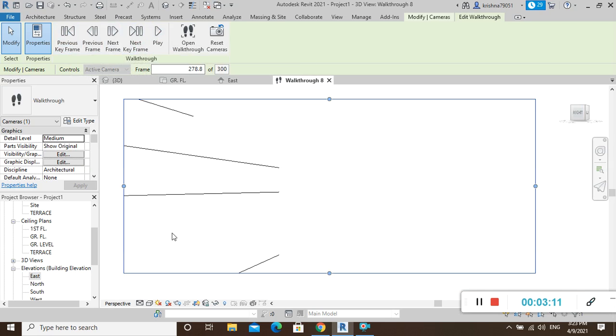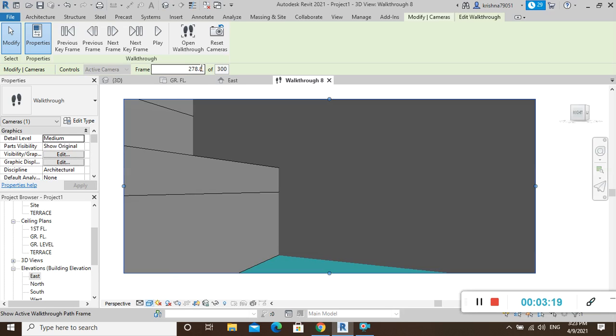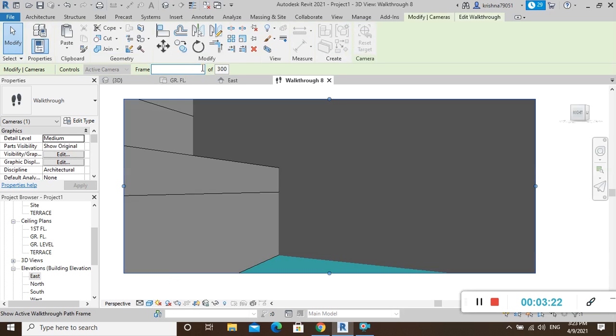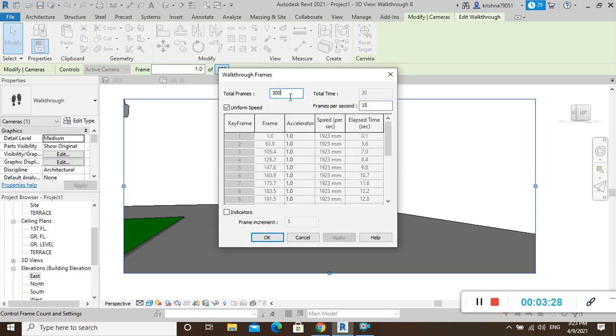And after that, if you want to see it in the shaded form, just go here and click here, so you can do it in the shaded form, and here you can just click 1. And if you want to see it in a faster way, you can put a smaller number here, like earlier it was 300, so I will put 200 here, so it will be fast. Otherwise if you want to see the walkthrough in slow form, you can put a larger number here, like 1000 to 2000, and in this way your walkthrough will be very slow.